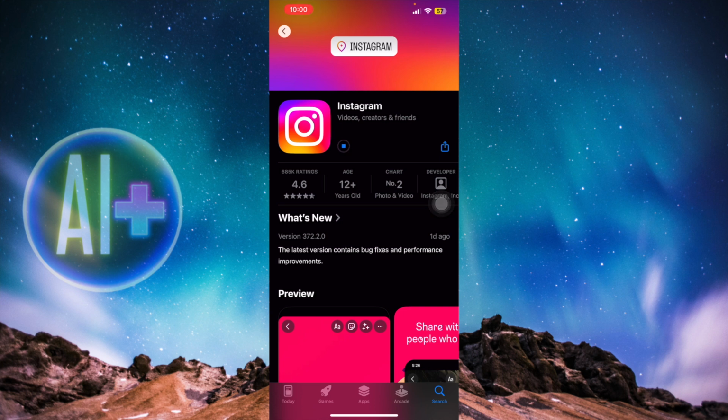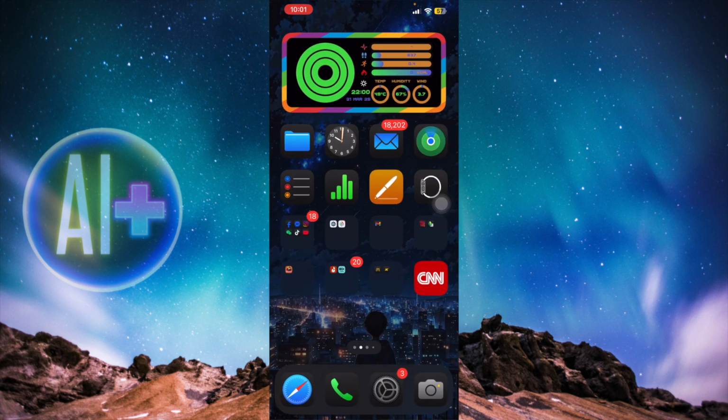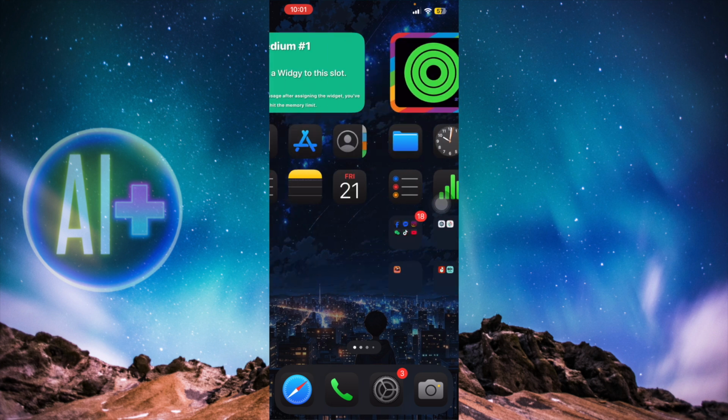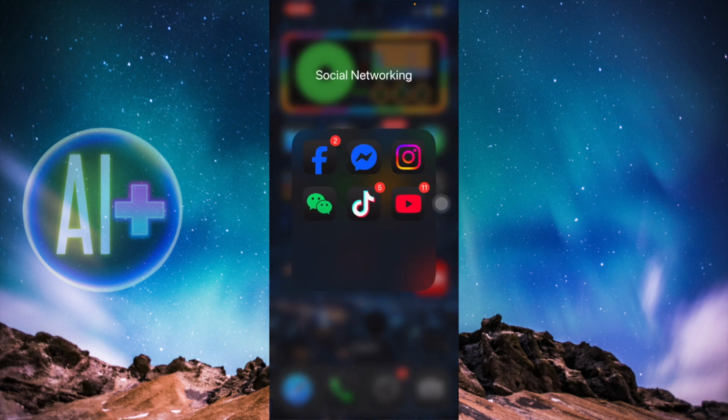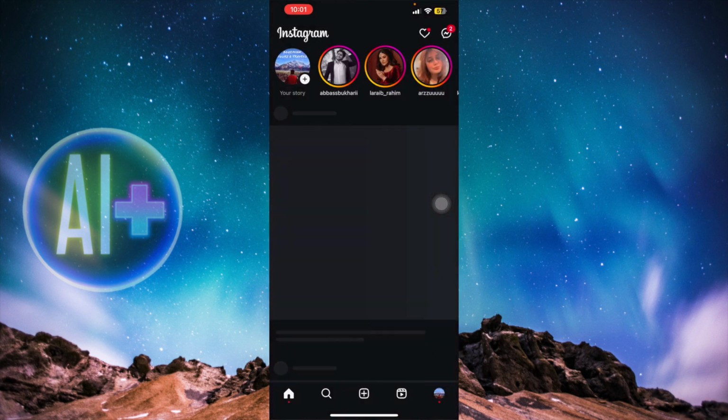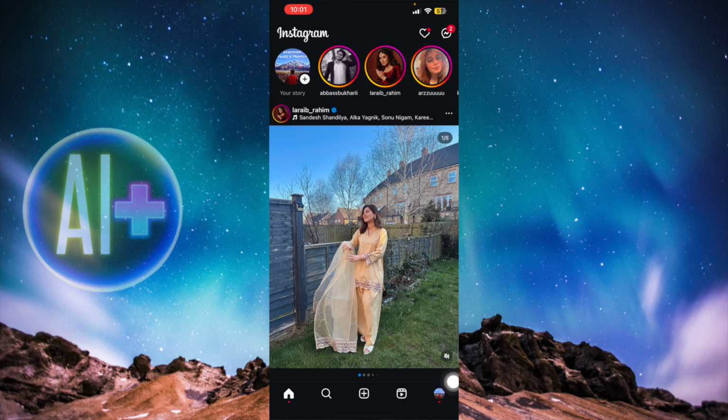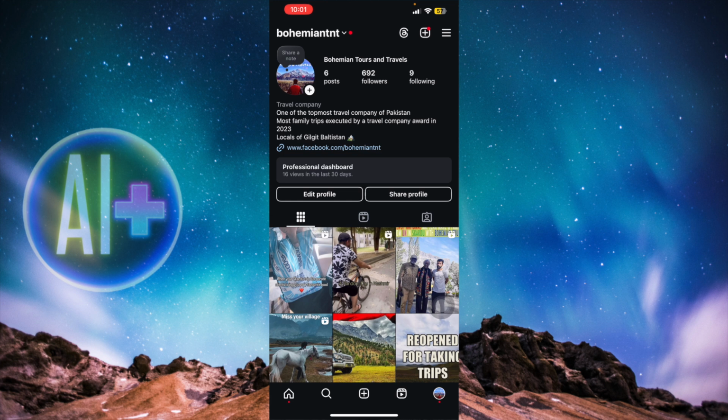If not, if there's still a problem that exists, the next thing that you can do is, let me just pause the update for a while and let me show you the other method that you can do. Where is Instagram? Right here. So the next thing that you can do is click on this small profile icon on the bottom right corner, and then you can click on these three lines above,